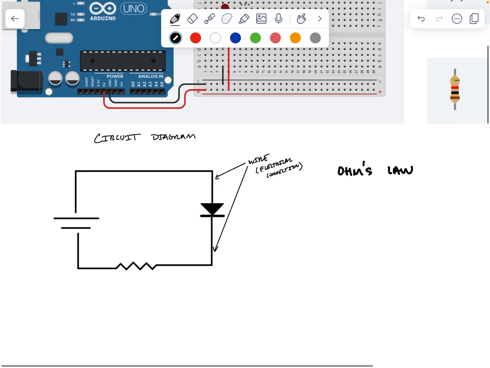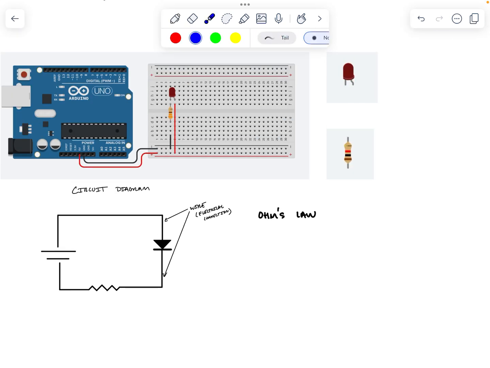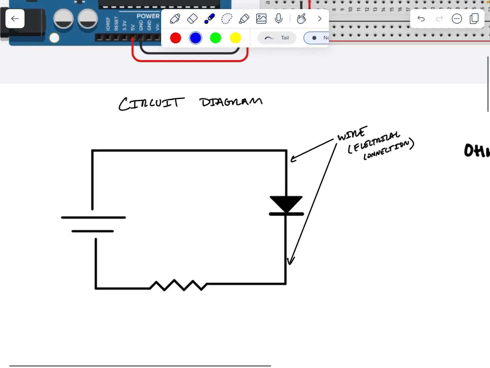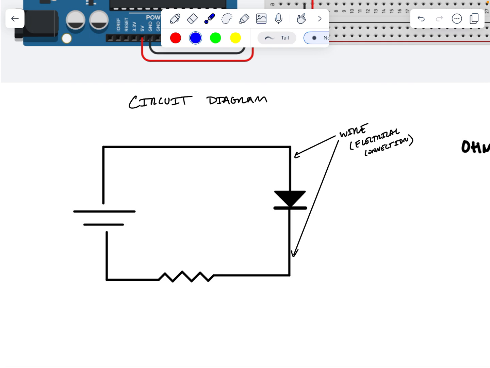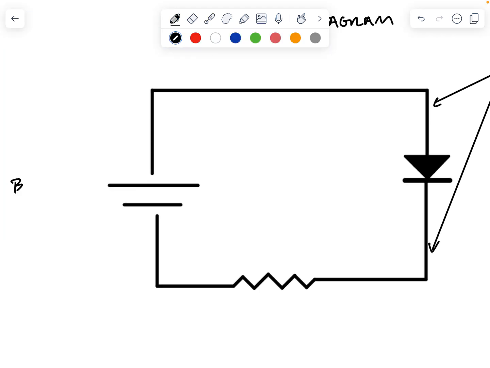Now, you probably noticed when you were playing around with the circuit that if you disconnected any part of the circuit, the light went out. And this is because you created an incomplete circuit. You disconnected part of the circuit and you prevented electrons from moving in a full loop, and then the light went out. Okay, so a complete circuit has a battery,